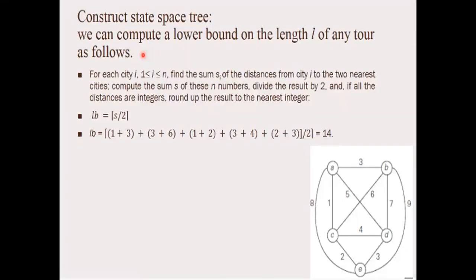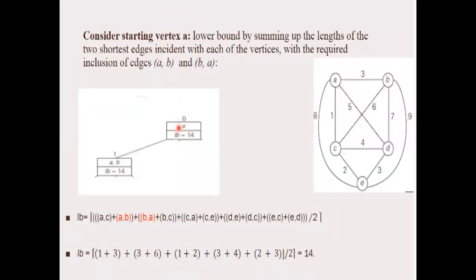In the last class, when we were talking about the assignment problem, we saw how to generate a state space tree. So what is the first step? We need to start with an initial state where we consider a lower bound. In the traveling salesman problem, what was the lower bound value we got? We got 14. So start writing the first initial state.